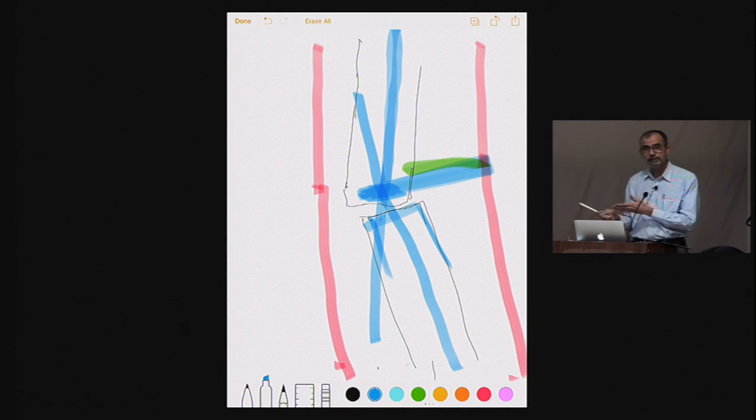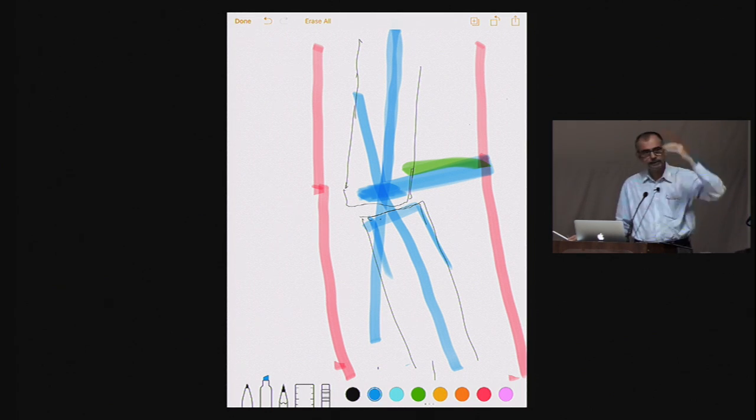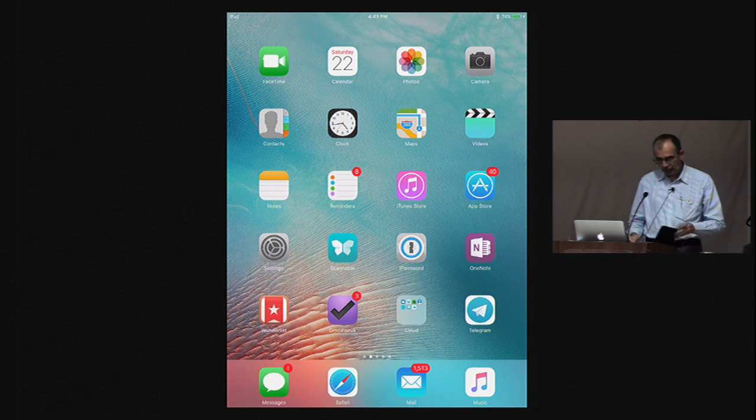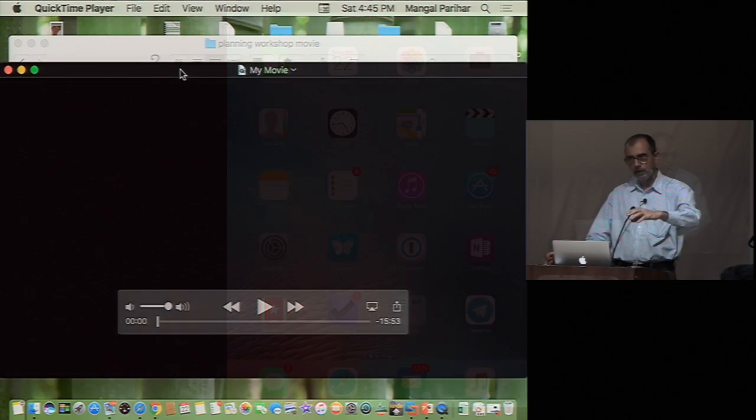So, this is a principle which can be applied to the most simple method of treatment, a plaster, and the most complicated like a 6-axis system, CORA and the magnitude. All right. So, now I am going to show you a simple way of simulating how you correct. Okay, now just